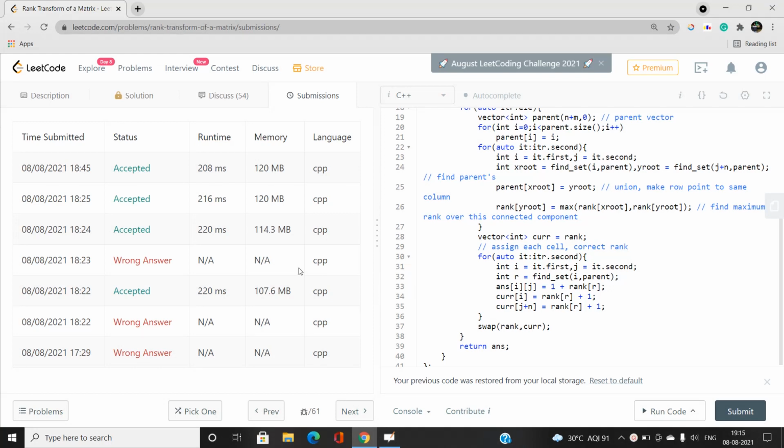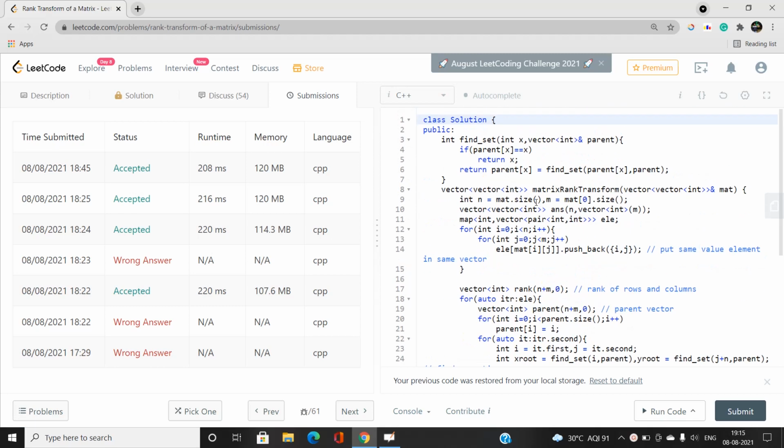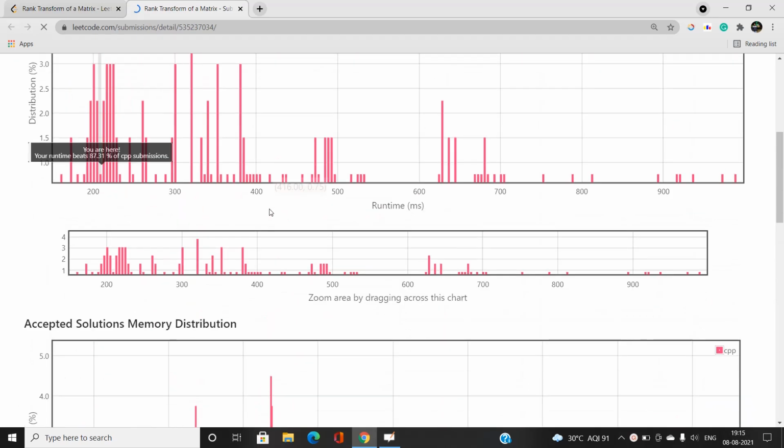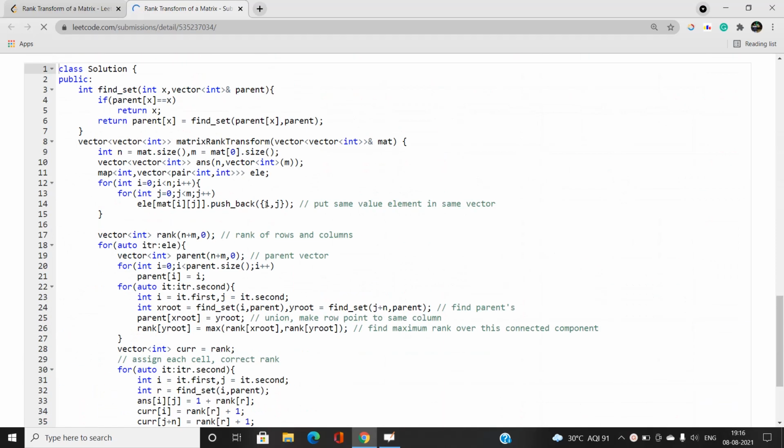Okay, so you can see there are a lot of wrong answers followed by these accepted verdicts. You can see that now I have a best solution. So let's open one of the latest solutions which I consider as a good one. Okay, so what I have done is, we need to use a disjoint set based union data structure. So I have used the find set function which I have implemented over here. Now I am going to use this answer vector to print the answer, and also